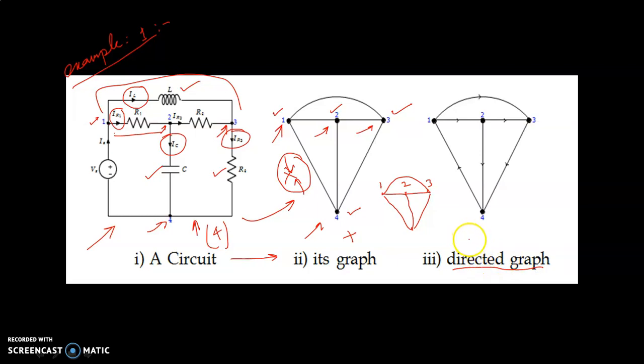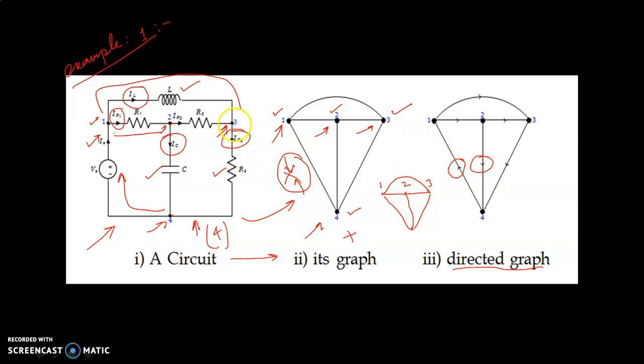Direction of what? What is the direction inferred in the circuit? Obviously there is direction of current flowing. So the current flowing direction is given. Look, the current Ix is flowing from node 4 to node 1. Given. So I have given directions like this. From node 2 to node 4, the direction is from node 2 to node 4. So the direction is like this.